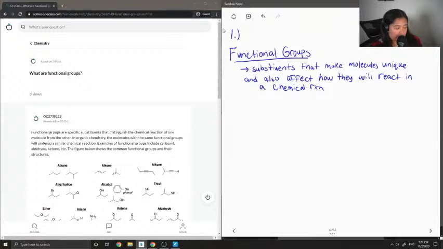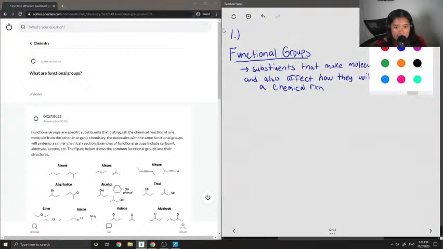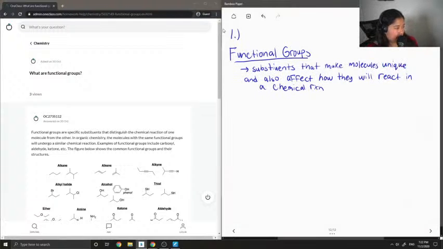So there's a lot of different functional groups. I'm just going to get started and write down all of the main ones, and yeah, I'll just write them